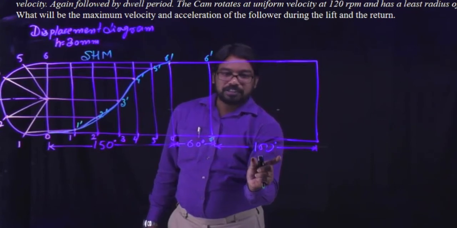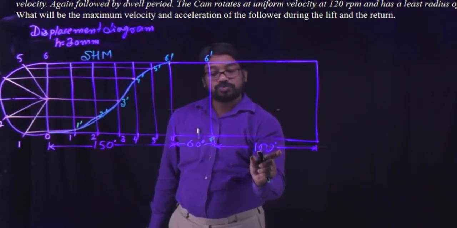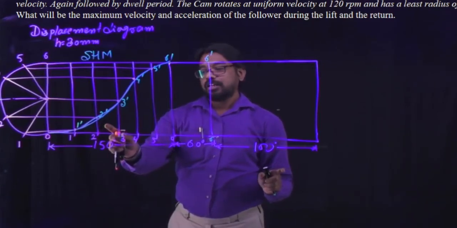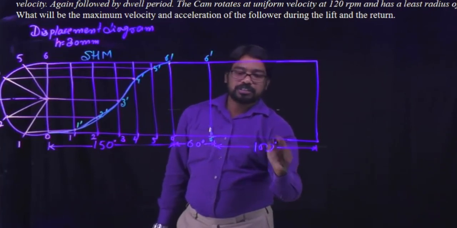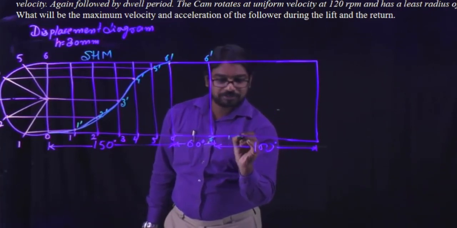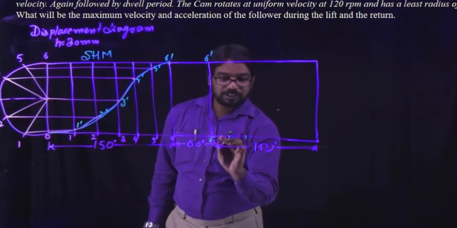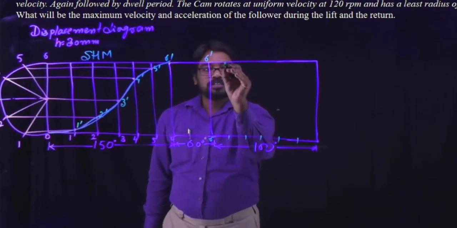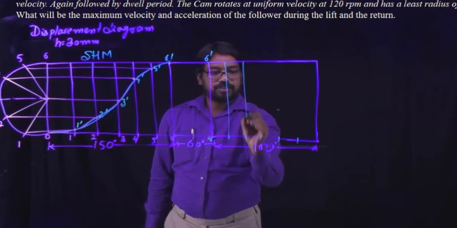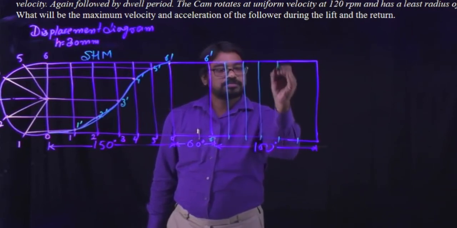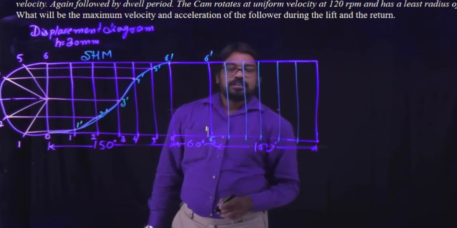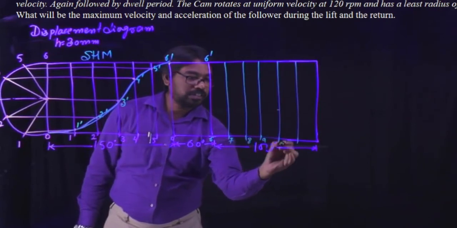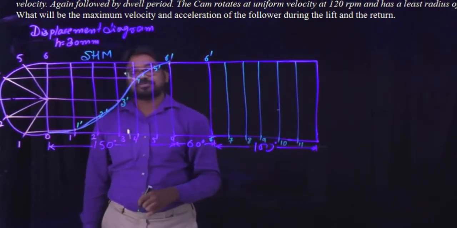This 10 centimeter is equivalent to 100 degrees. This also we are going to divide into n equal divisions. Since we have divided into 6 parts, this also we are going to divide into 6 equal parts. So 7 is the first part, then 1, 2, 3, 4, 5 and 6. Similarly, let us extend these lines vertically like this. Clear? Now we have extended all the lines. So let us mark 7, 8, 9, 10 and 11 we have.